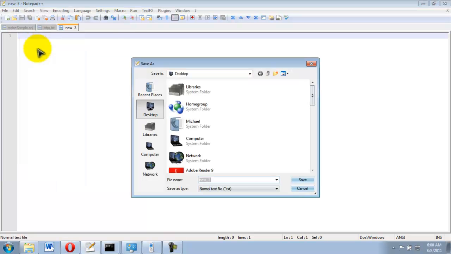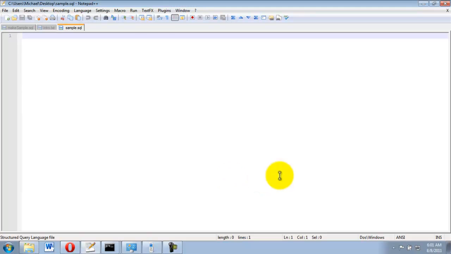For example, just save it as sample.sql. And as you can see, when you type specific commands like connect, it shows a different color scheme rather than being a plain old white.